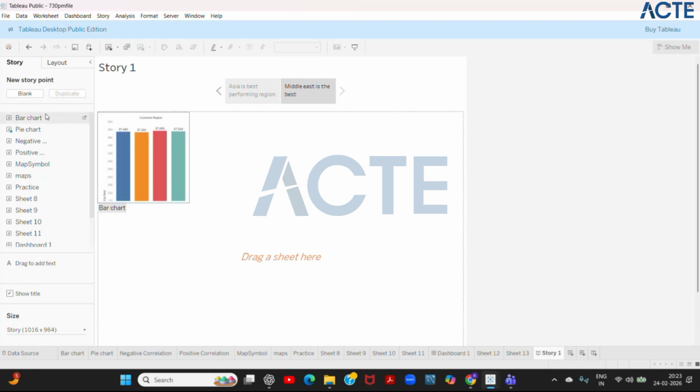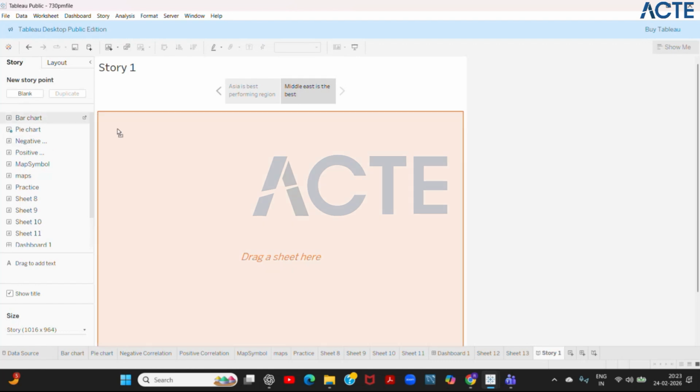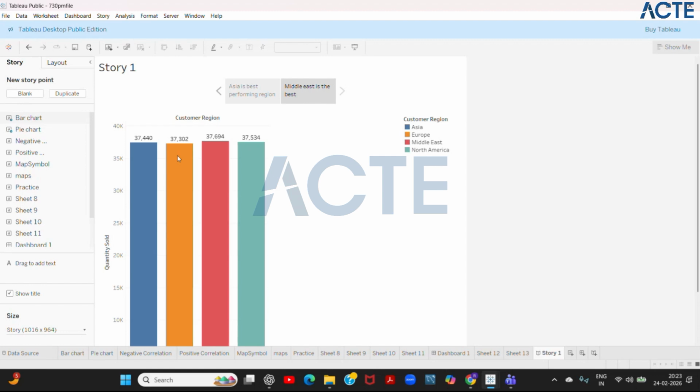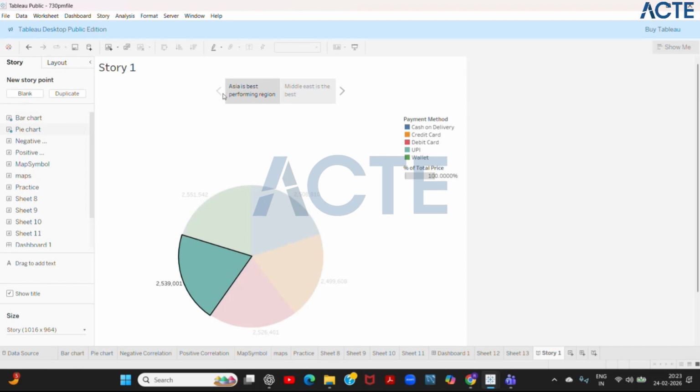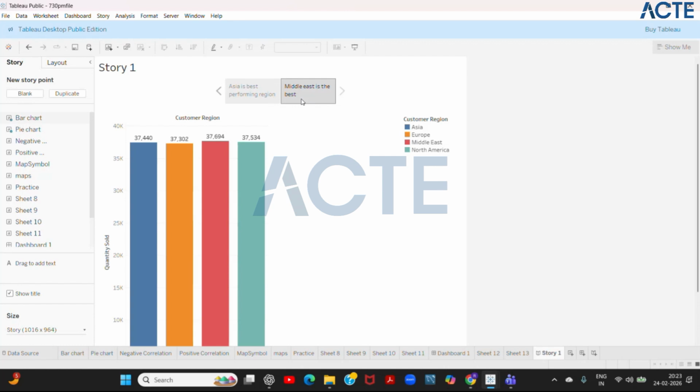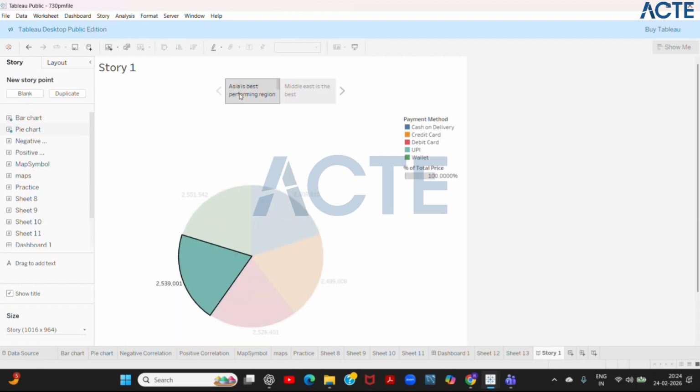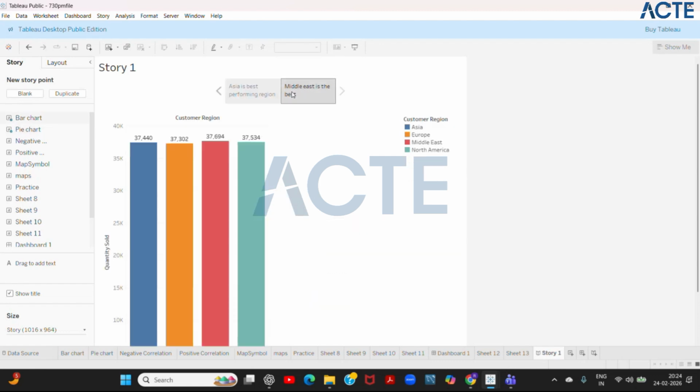Okay. So you can just drag and put the bar here. Asia was best earlier, now Middle East is the best, right? So this is how you can compare them. Say 6 months ago, which one was better? 6 months ago, Asia was better, okay? But now Middle East is better, okay? This is how you can tell this story,